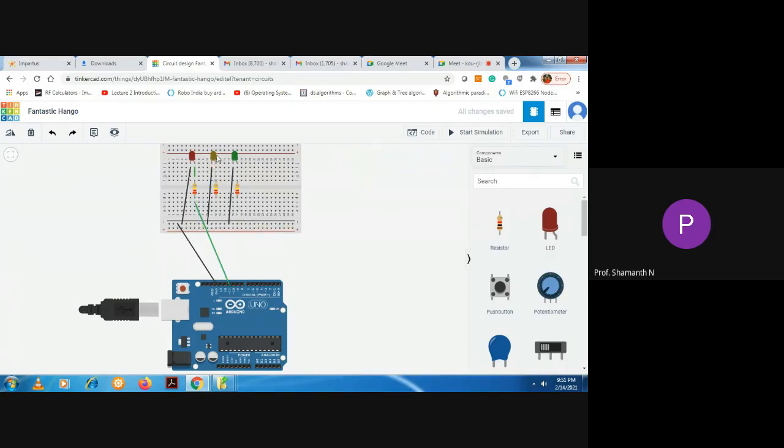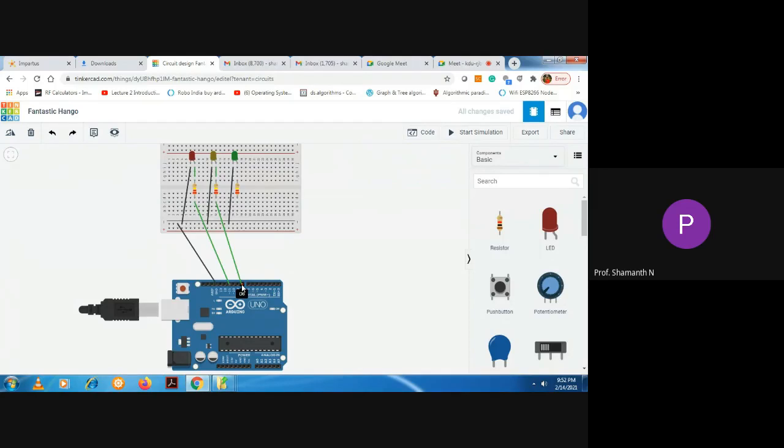Any pin which is parallel to anode pin, select that pin. Once a red square appears, right click on it, and once the wire appears, place it just one pin above the resistor, or you can directly connect to the resistor also, anything is fine. From the pin below the resistor, select; once the red square appears, right click and drag the wire to one of the GPIO pins. Here I will select pin number 8.